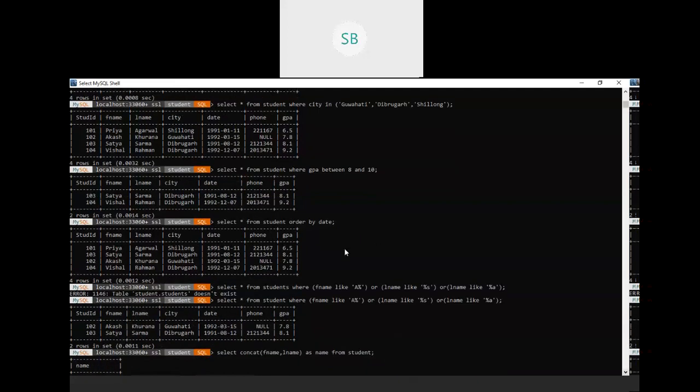Select star from student where F name like A, then percent, that is any number of characters. So first name will be A and after that it can contain any number of characters. Then we'll use the logical operator or L name like, that is the last name, it should end with S, so it can be any number of characters before S. Or last name like any number of characters and then ending with A. So we'll have this Akash and Satya.